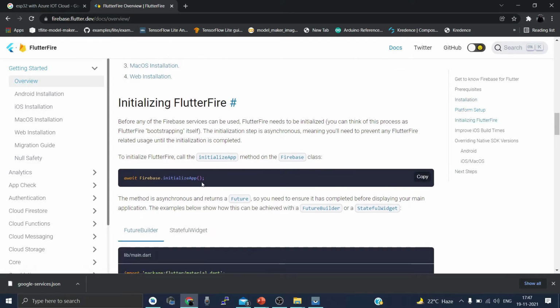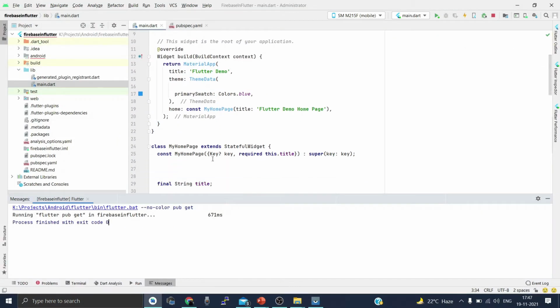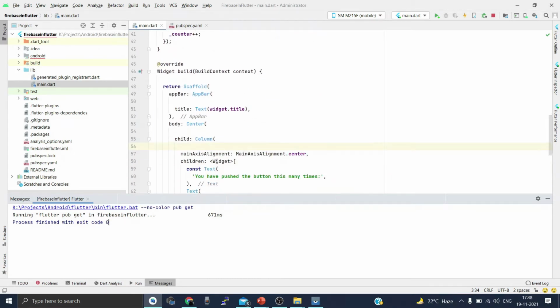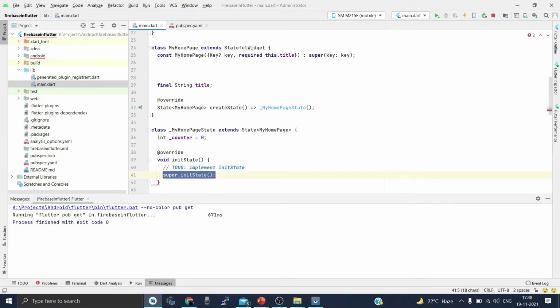So basically what they want us to do is we will copy this line, await Firebase.initializeApp, and paste it somewhere into our application. We'll go to the state class and there's a method called initState, right? So inside this initState method, we'll create a new method called init.